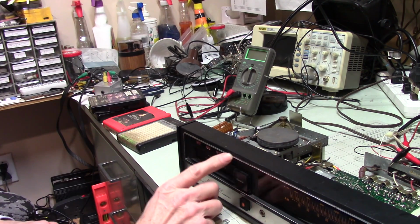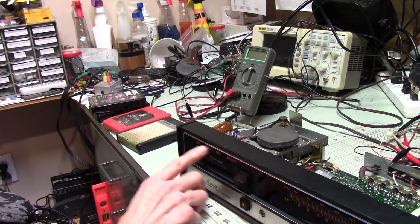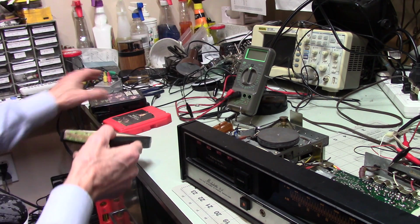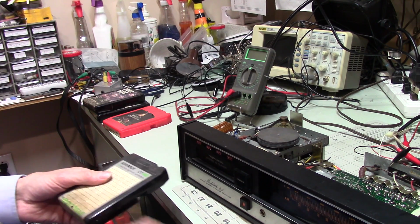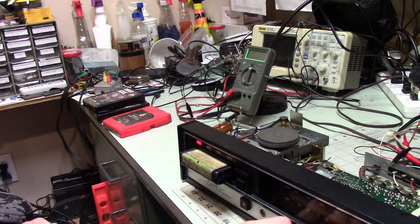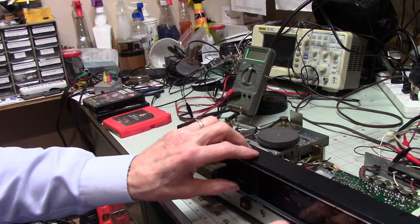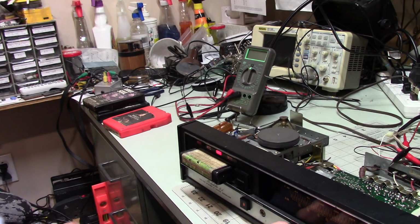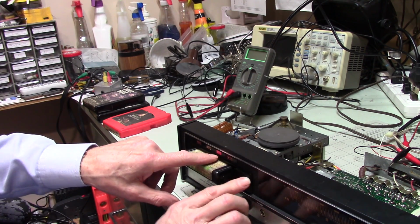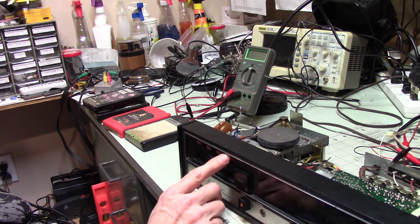Well, the only thing I've got to do, which I won't show you, but the 8-track player, actually, let me show you the 8-track player briefly. Again, we've got to watch out for copyright strikes. So the 8-track works. The only thing it doesn't do is light up the number 4. I did a quick test, and